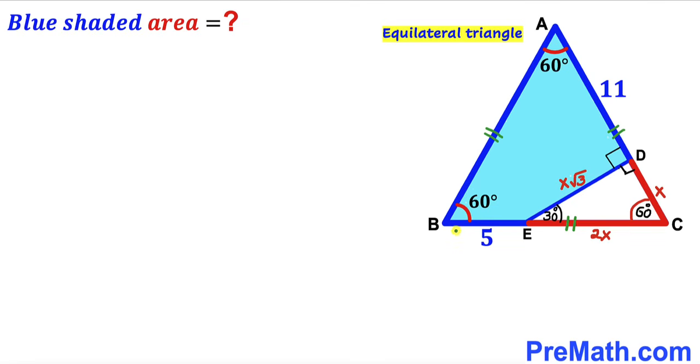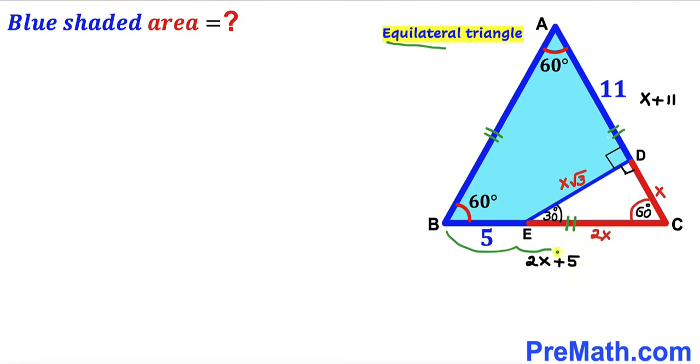And now let's make an observation. We can see that this BC side length is going to be 2x plus 5. So I can write that as 2x plus 5. And likewise, the side AC length is going to be x plus 11. So I can write x plus 11. And we know that this triangle ABC is an equilateral triangle. That means